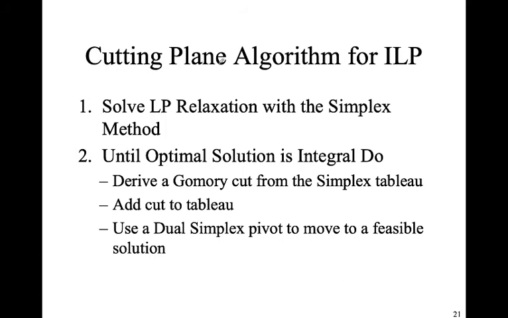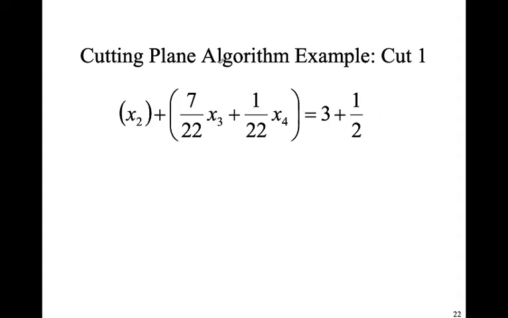So whenever you get the Gomori cut plane equation, you have to add it to the final simplex table. Okay, and after adding this into the final simplex table, your solution will become infeasible. I'll tell you how it will become infeasible. And once your solution becomes infeasible, then you can apply the dual simplex method to find its solution. Okay, so let us add the first Gomori cut plane corresponding to the